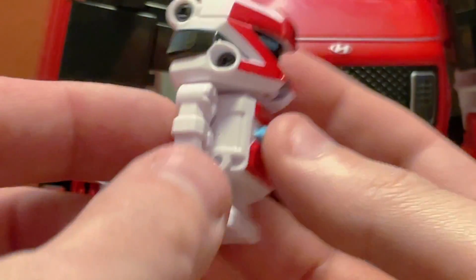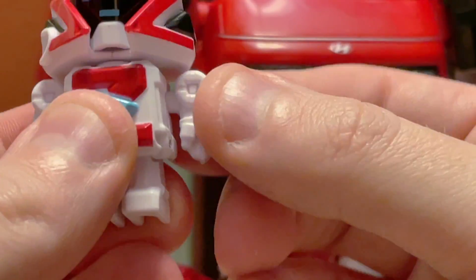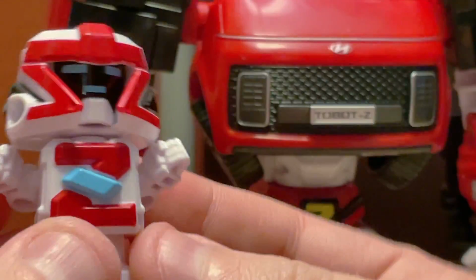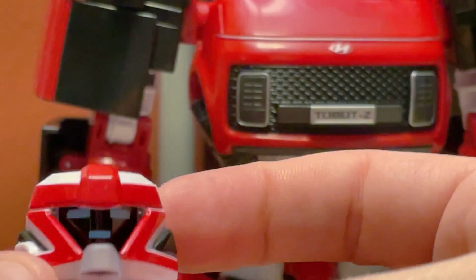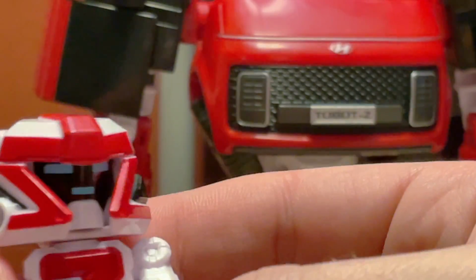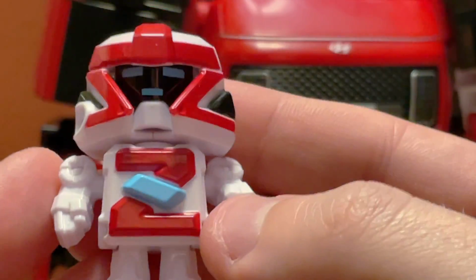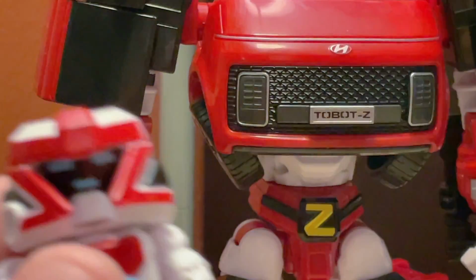Not much in the way of articulation. The shoulders are on these ball joints, so you can angle the arms back if you want, and you can rotate the arms up and around. You can have them be like hugs. And because of the transformation, you can tilt the legs back, but that's all you can do with this guy, which is fine. I think it's on par with the articulation Headmasters and Titanmasters usually have. But he's a cute little fellow, and I think it's kind of fun that they are doing Headmasters